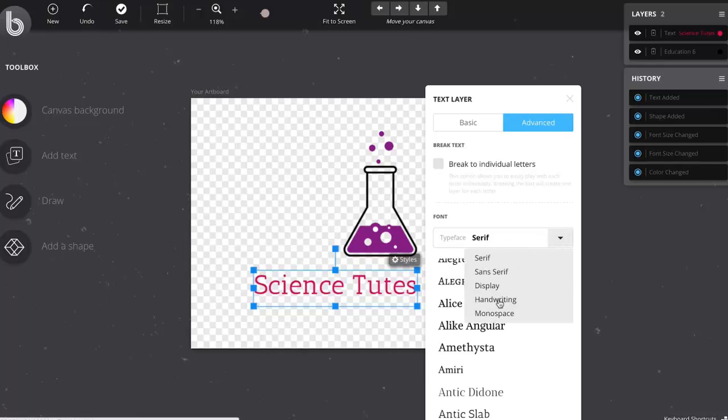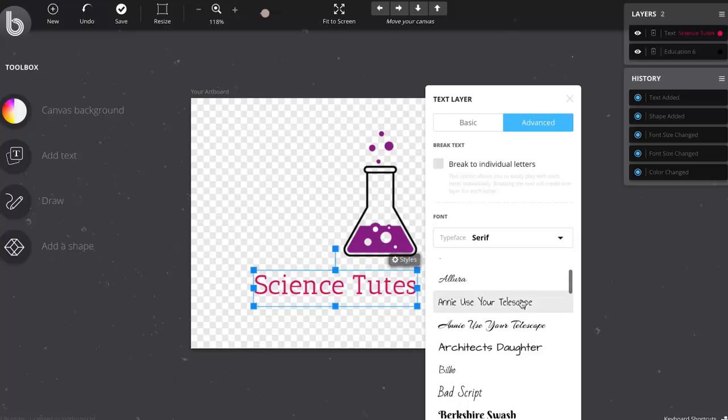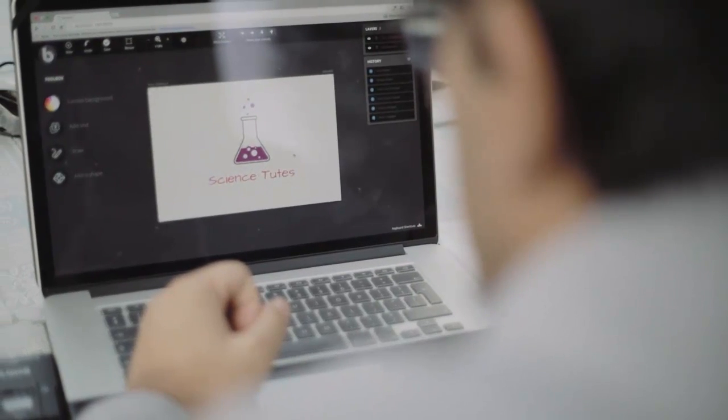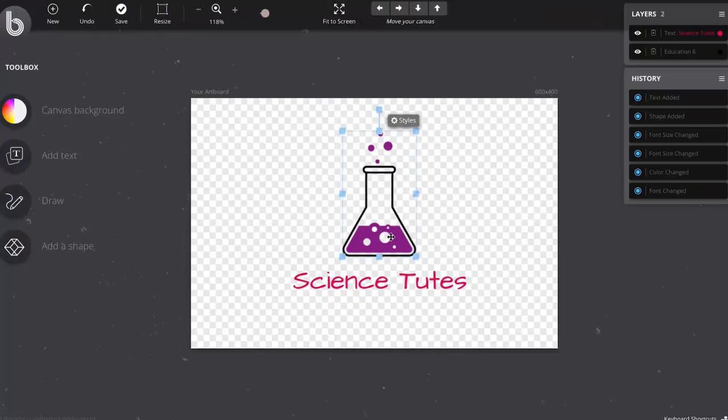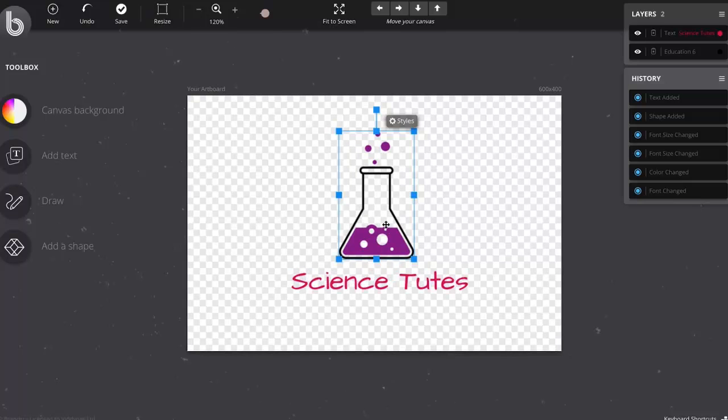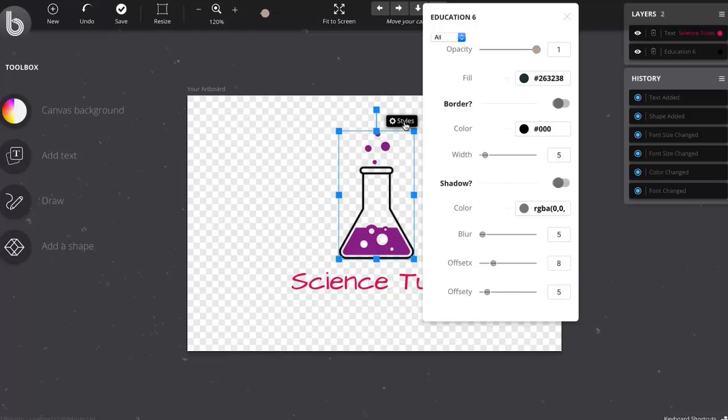I want to go to handwriting. And you can use this one. There we go. Done. Okay. And then what you can do is you can also customize the bottle a little bit. So you can just click, hit styles once again, and you can now pretty much go ahead and customize how